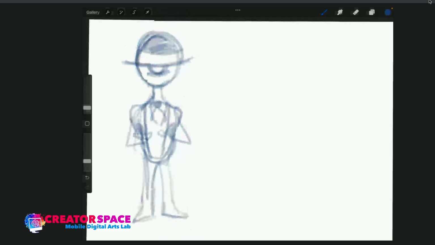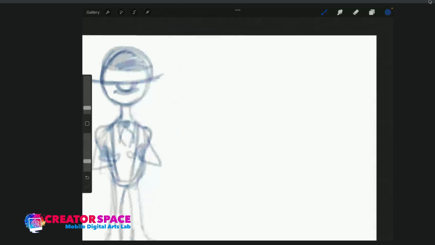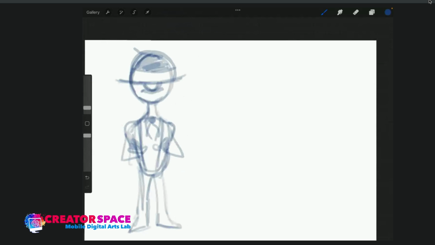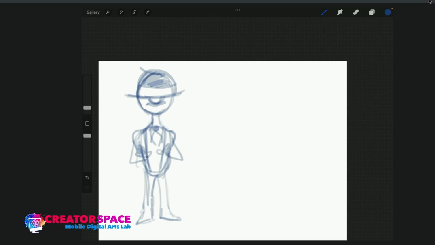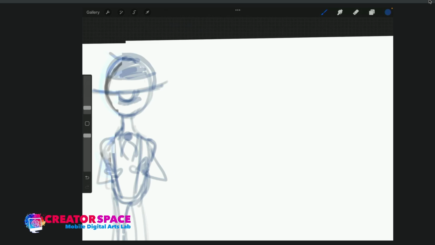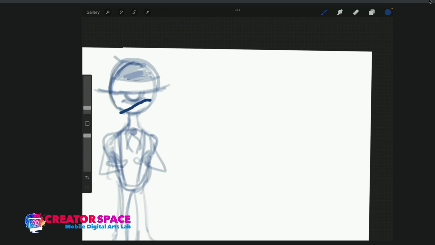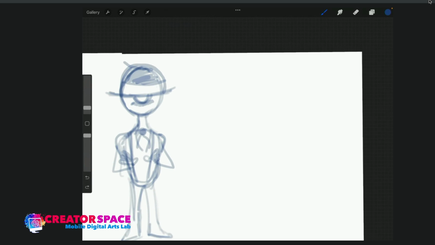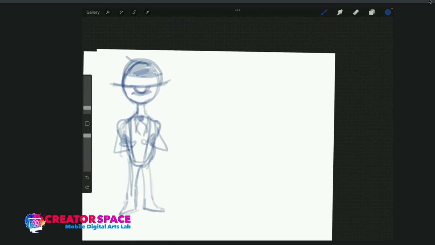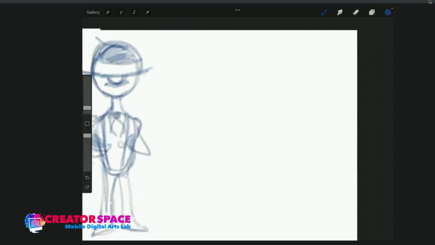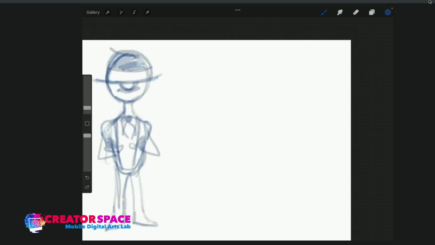Props and hats can be, like Andy Capp was a good cartoon, a good example of a character who was basically a hat and some clothes and a nose and a cigarette in his mouth. So there are fun things you can do even with props and items of clothing. And for realistic characters, let's say I've done a lot of superheroes, and